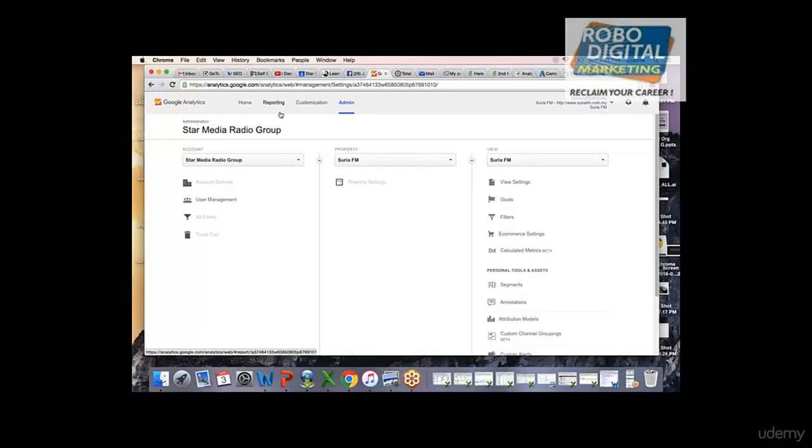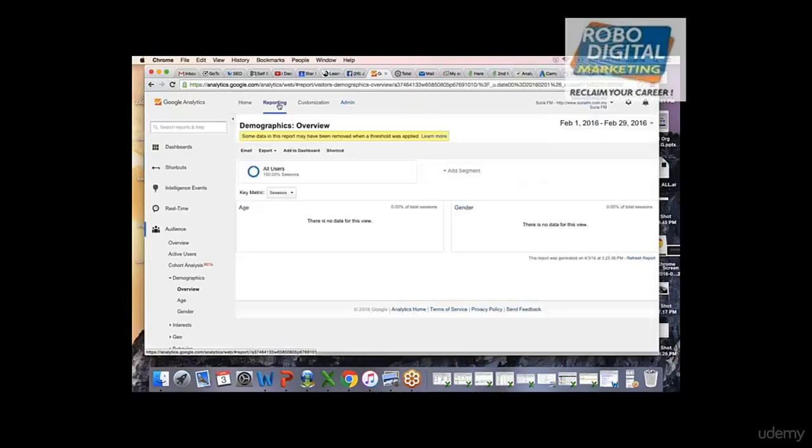Because if you have admin rights, you can set up all these things. If you don't have admin rights, you cannot set up these things. You might be a user. The reason it is not showing the data is that you have not linked Google Webmaster. Whenever you set up the Google Webmaster, you have to enable these demographics so that you can see the age and gender of the people.